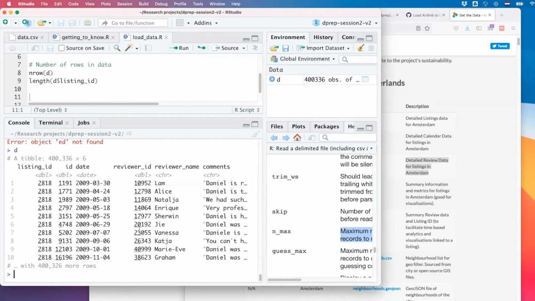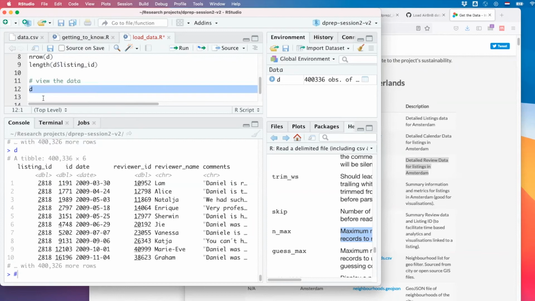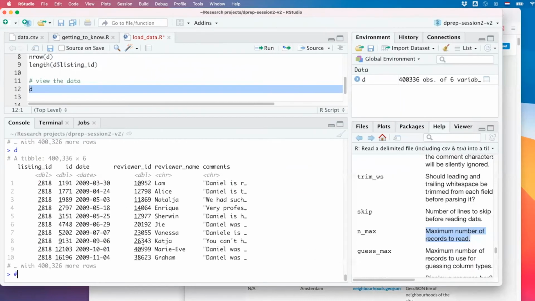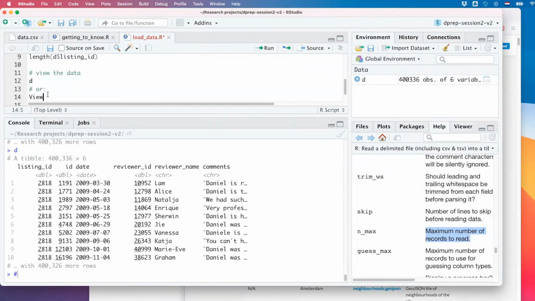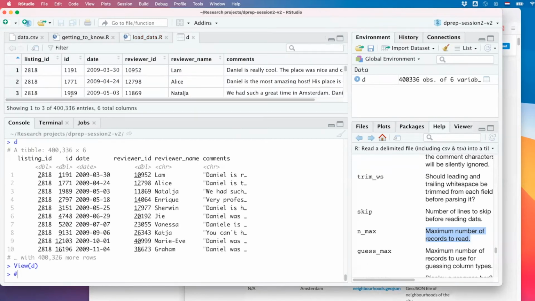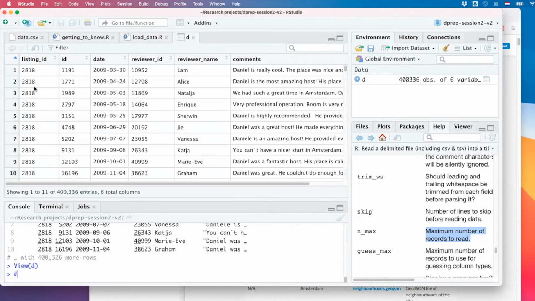You could also just write D and press enter, and we can look at it a little bit. An alternative is to write view D, and R opens up a more fancy looking thing, so you can explore the data a bit.